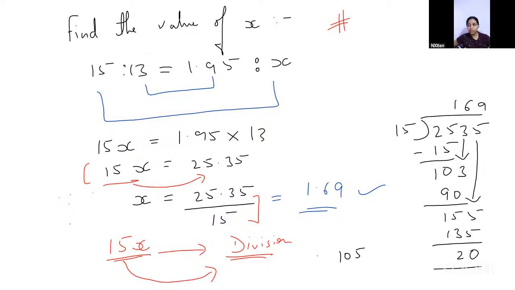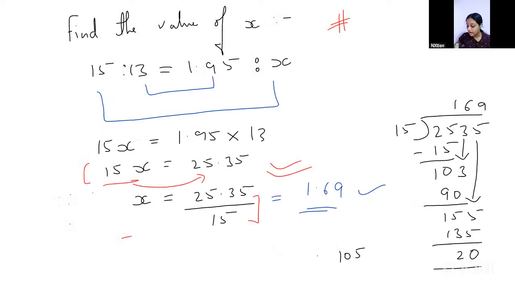If there is addition here, 15x is positive and you have to subtract it. If 15x is in plus, you take it to that side and it becomes minus. It will be subtracted from the number on my right hand side. If it is in minus here, when it goes there, it becomes plus. We change the operation, we change the sign.